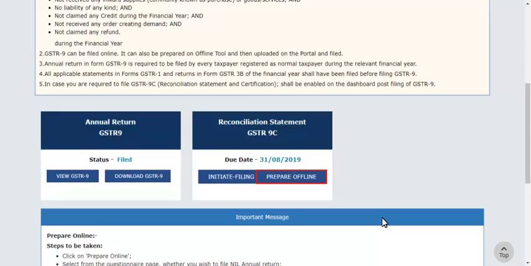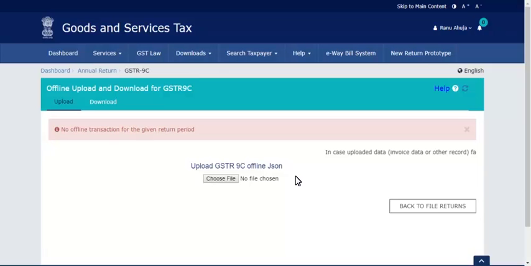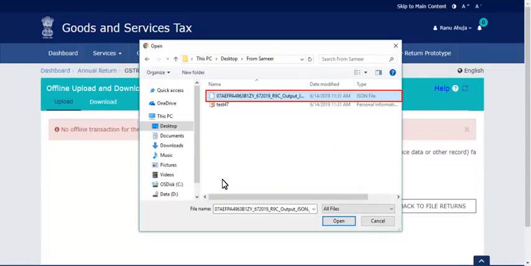On the File Annual Returns page, click the Prepare Offline button in the GSTR 9C tile. The Upload section of the Offline Upload and Download for GSTR 9C page is displayed. Next, click the Choose File button. Browse and navigate to the JSON file to be uploaded.